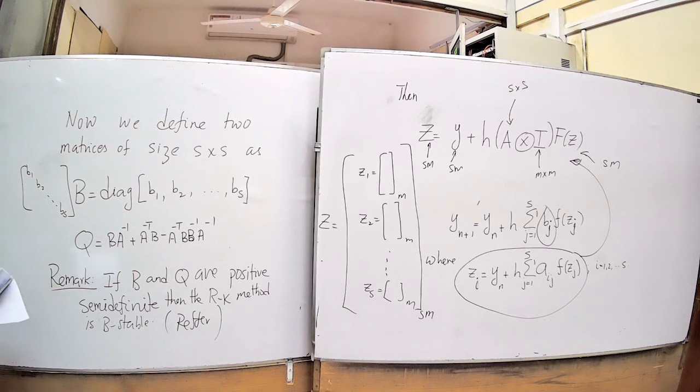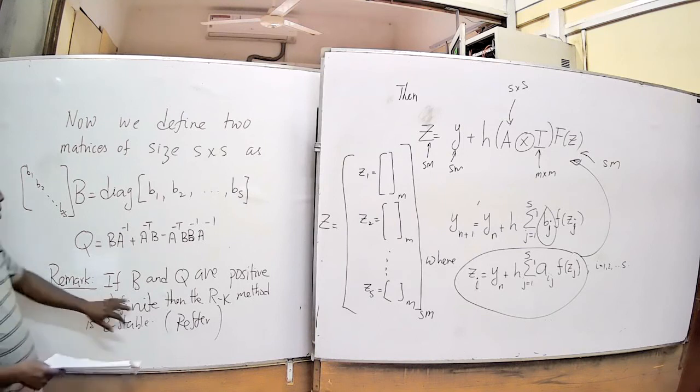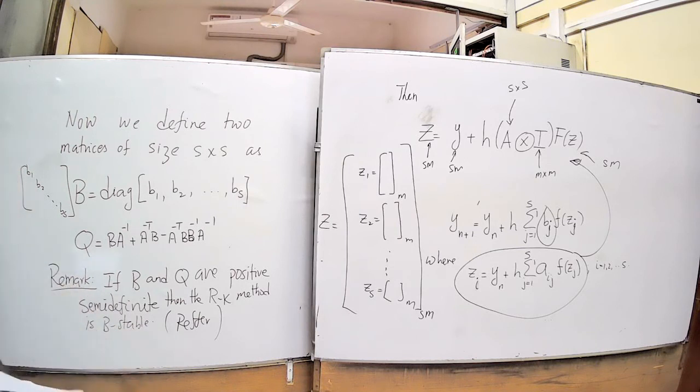So what I am going to do in the next class is first give you an example of this, and then later on, if I have time, I will try to see a sketch of the proof, and then we will talk a little bit more about other properties of the Runge-Kutta method. That is what we are going to talk about in the next class. So I'm going to stop here and we will continue tomorrow.